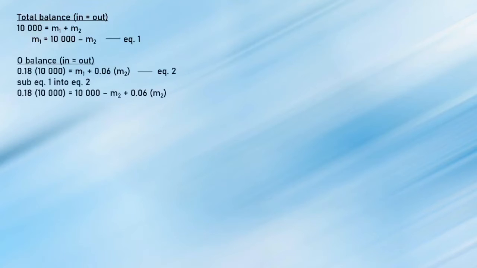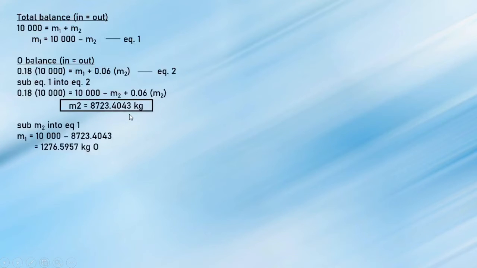Firstly, we can form the total balance equation, which is 10,000 equals M1 plus M2. And here we can form equation 1. Using O balance, we can form equation 2. So now we substitute equation 1 into equation 2 to get M2. And so we get M2 equals 8723.4043 kilogram. Next, you substitute M2 into equation 1. So you will get M1 equals